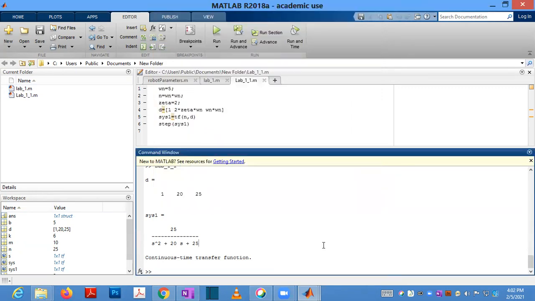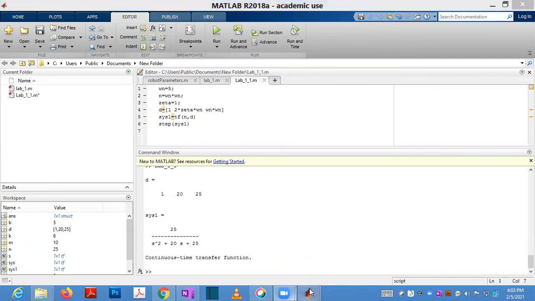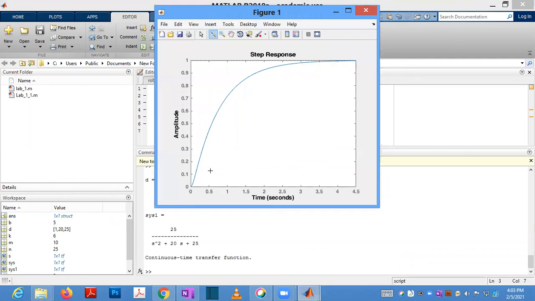All of you are done up to this. Any doubt is there, you can ask. Sir, zeta equal to 1, what did you say? Which system is that? Zeta equal to 1 is a critically damped system. Critically damped system means it is settling at this time, and this value is reaching here like this.